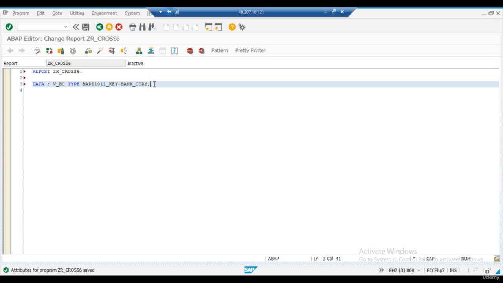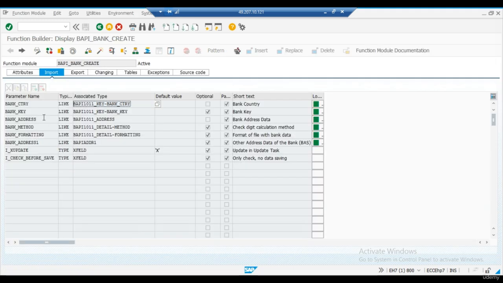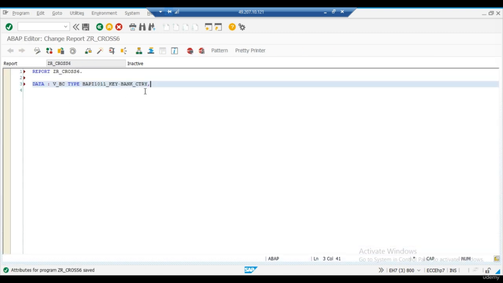Now we need to create one work area of this structure type, and then we have to pass that work area to this mandatory importing parameter, right? So